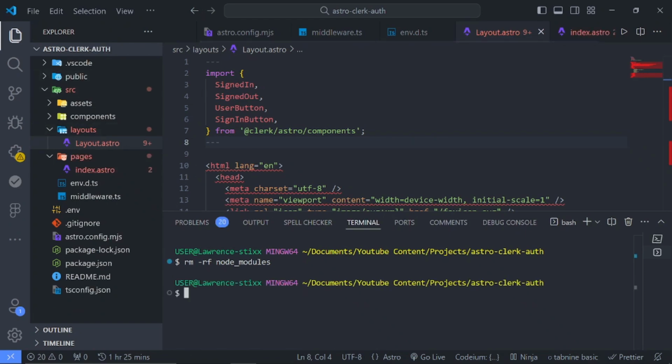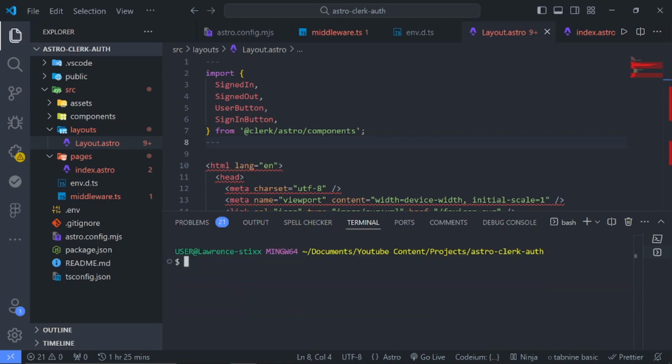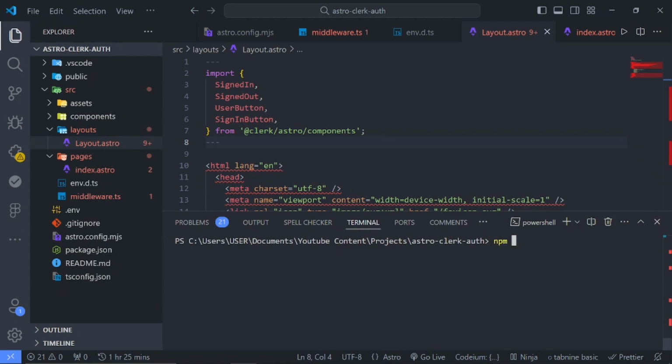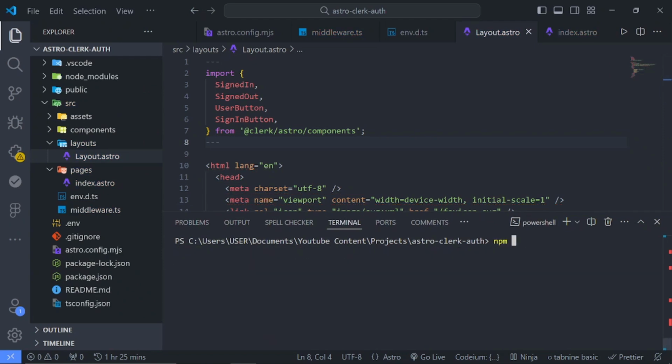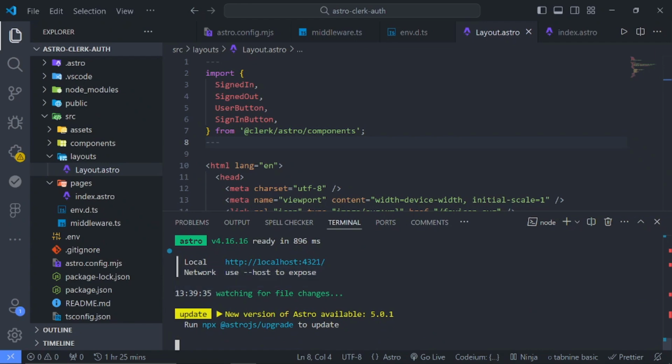Okay, that's gone. The next one is rm package-lock.json. So make sure the spelling is correct. And let's also clear the cache as well. So say npm cache clean, and let's also force it. All right, so what I will do is I will kill this terminal and run npm i to reinstall everything again, and hopefully it works. All right, so let's try it again and say npm run dev. Finally it works. So we'll copy this port